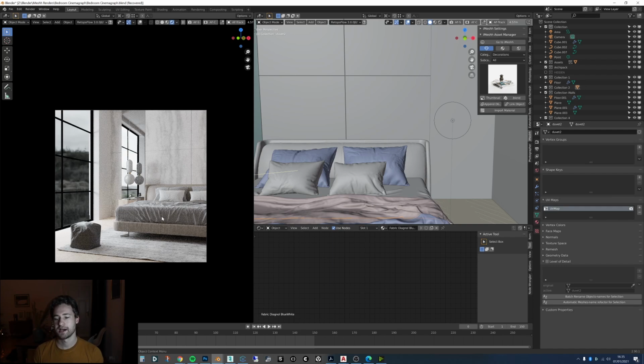I wanted it to be as colorless as possible, so quite a clear, pale feeling render. And then once that was done, I was ready to add the curtain. So I'm just going to move to another Blender file now to show you how the curtain was made, because this gets a little bit complicated and it's a little bit cluttered in this one here, so it'll be easier to show you in another one.